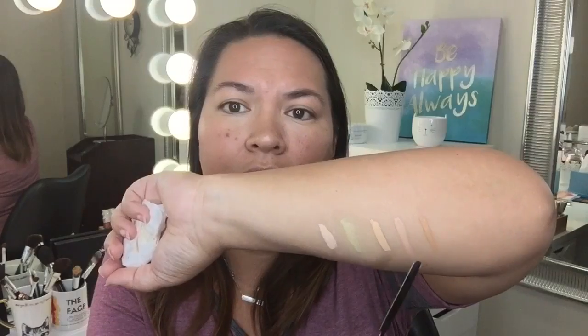Olive 4 would also use a number 4 concealer if you just want to match the skin tone, or if you want to highlight for deeper skin tones. So let me give you an idea what number 4 looks like on my skin here, just so you can get an idea. I'm wearing Shinto 2. 4 is pretty close to Shinto 2, and that's why it works really nicely with those colors